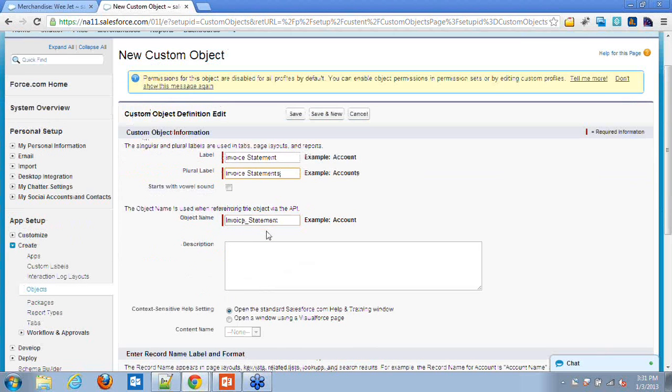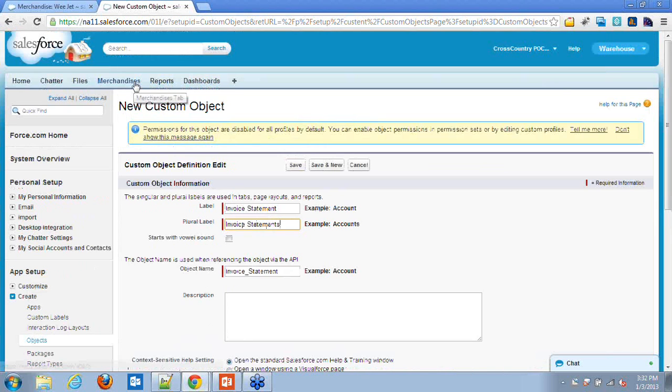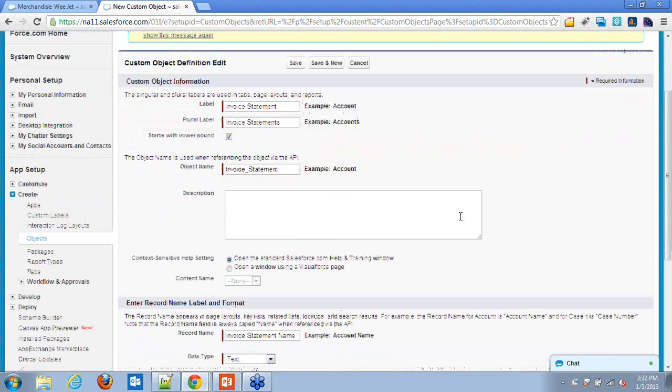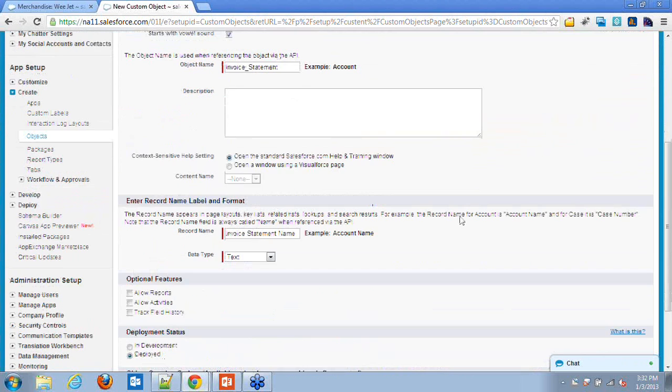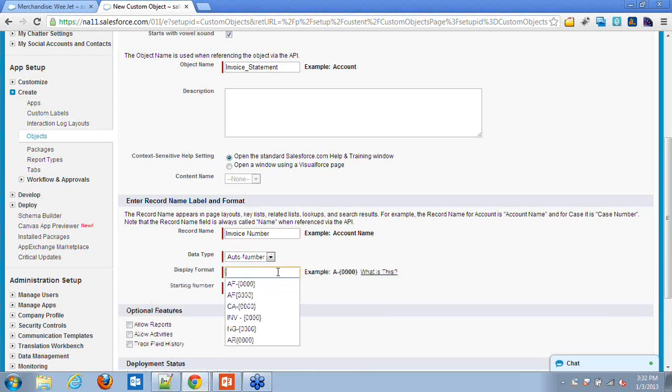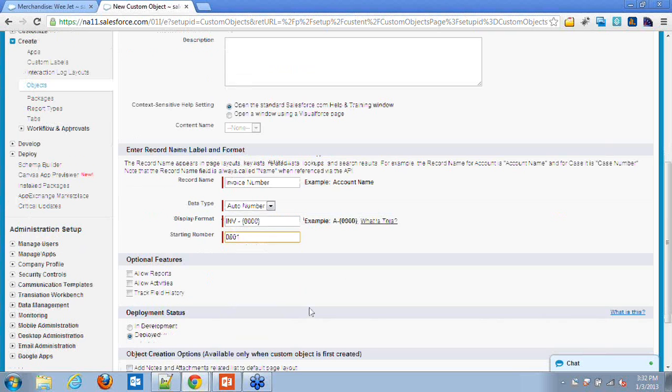So to give the plural label, which will come here, here the record number or the primary key, you can think about it. It can be auto number. You can decide the display format of that auto number and from which it starts.